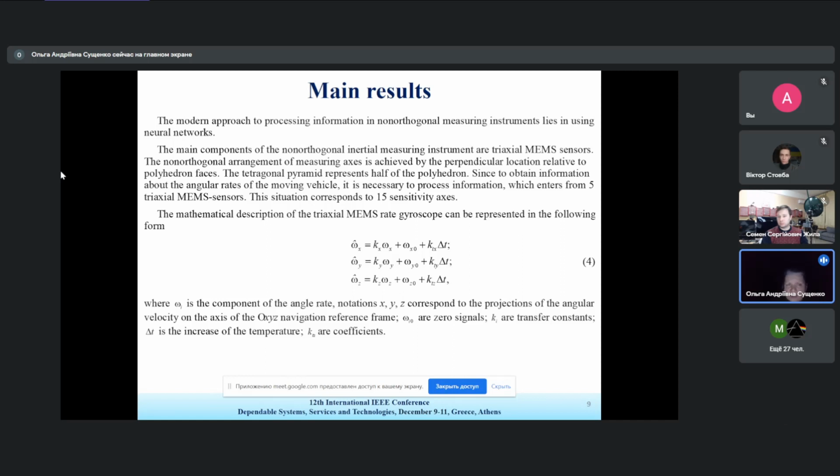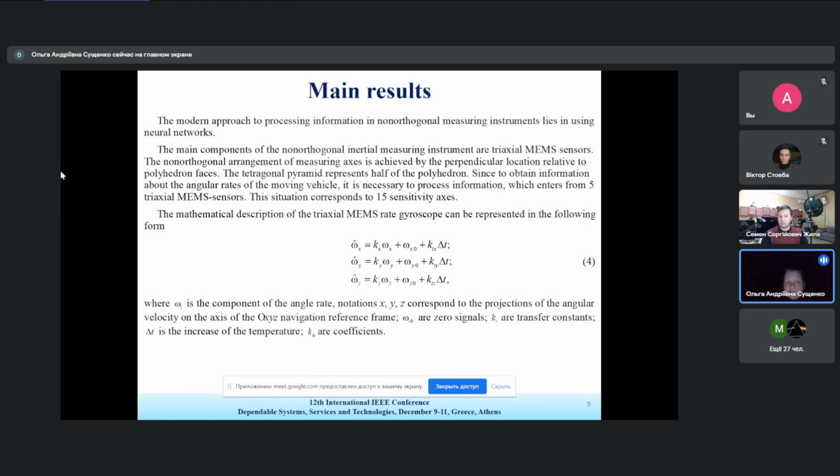The non-orthogonal arrangement of measuring axes is achieved by the perpendicular location relative to the polyhedron faces. The tetragonal pyramid represents half of the polyhedron. It's more convenient from the point of view of engineering realization. Since to obtain information about the angular rates of the moving object, it's necessary to process information which enters from